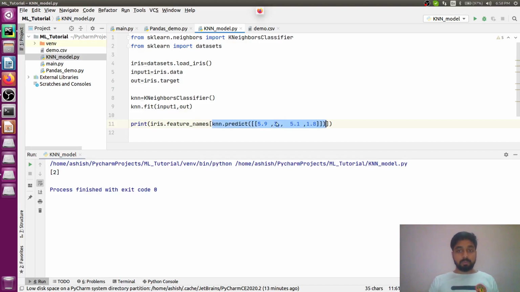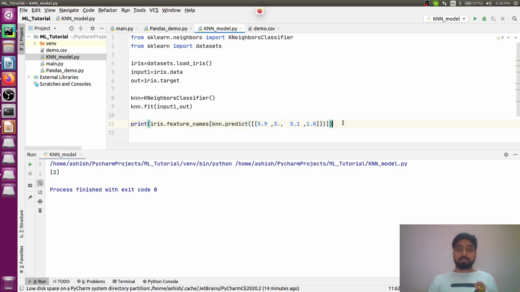So this is what I will get: the value. Let's say I will be having 2. So 2 means that out of these 3 values, it will be predicting whether it's Setosa, Versicolor, or Virginica. So whatever the prediction is, based on that you will get the names for it, right? So this is how I will be getting it. This is over here, over here, and here.